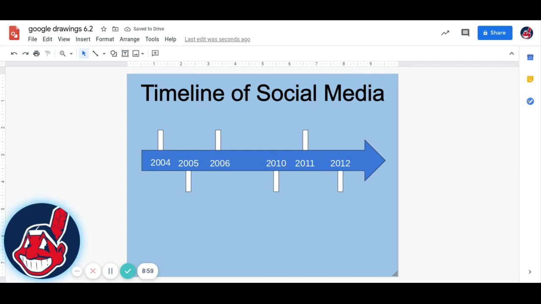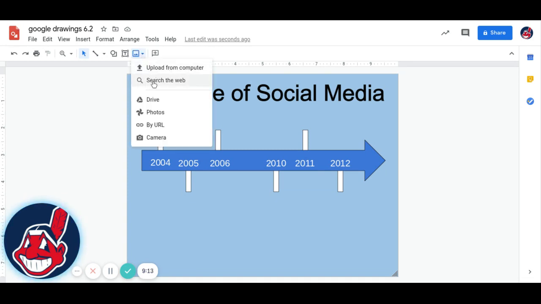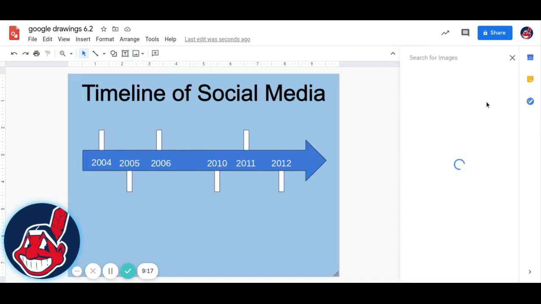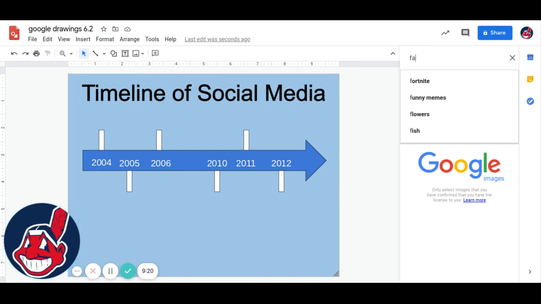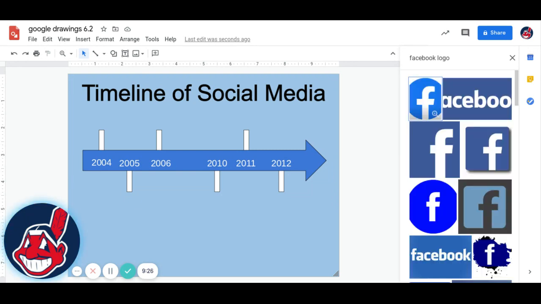So we changed all of our texts and we positioned them all. So now we're going to basically insert an image of the logos. So what we're going to do is you could click on this image icon and you're going to click on it, and then we're going to do search the web. And we're going to type Facebook logo over here. And once you click enter,